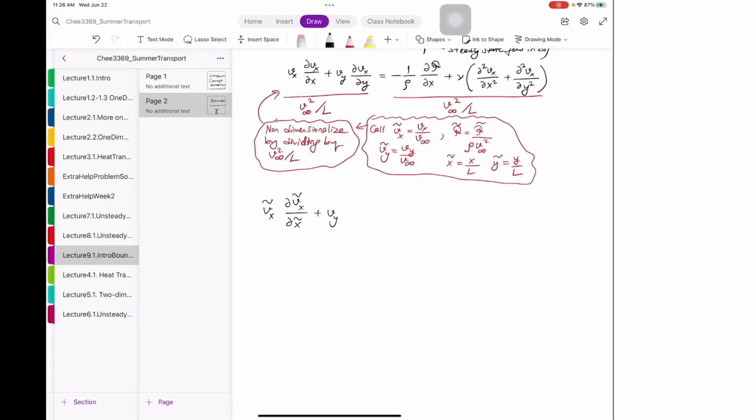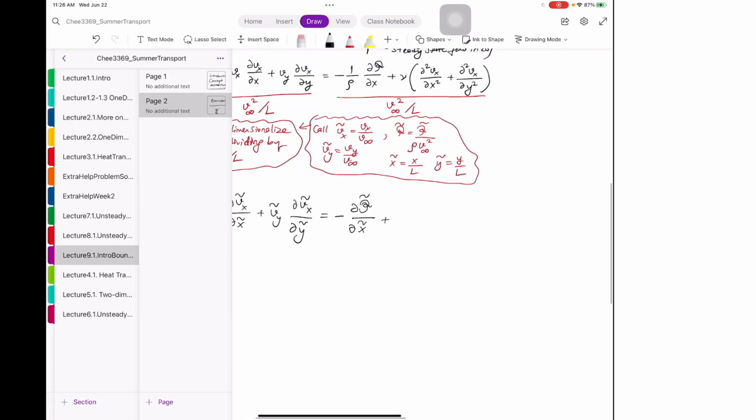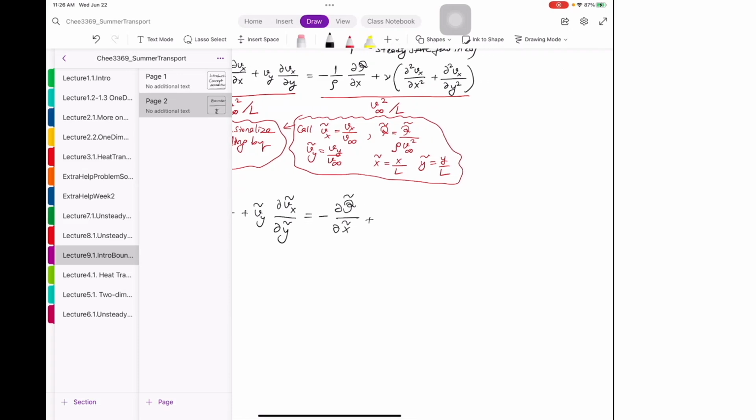Plus Vy tilde del Vx tilde over del y tilde is equal to minus del P tilde divided by del x tilde plus now nu, so you get what? Nu over L V infinity, nu over L V infinity,